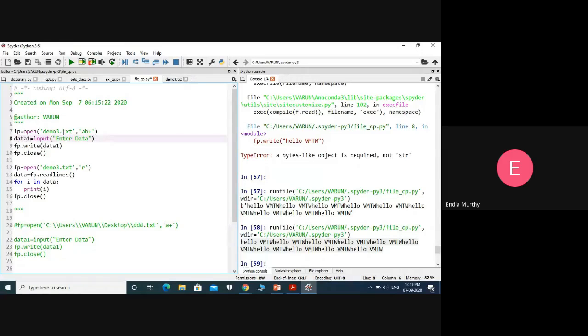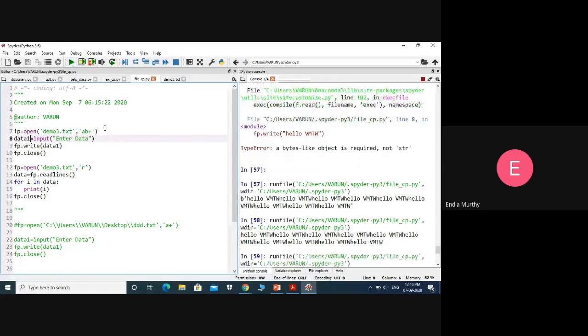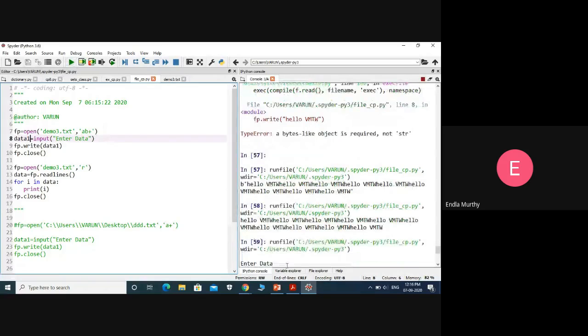If you execute these lines of code, it prompts: enter data. Here I may have any string, to provide some information to the user about what action to do. I can enter some data, say hello world. So this string I am reading and storing in data one, and through that reference I am writing the data into the file.